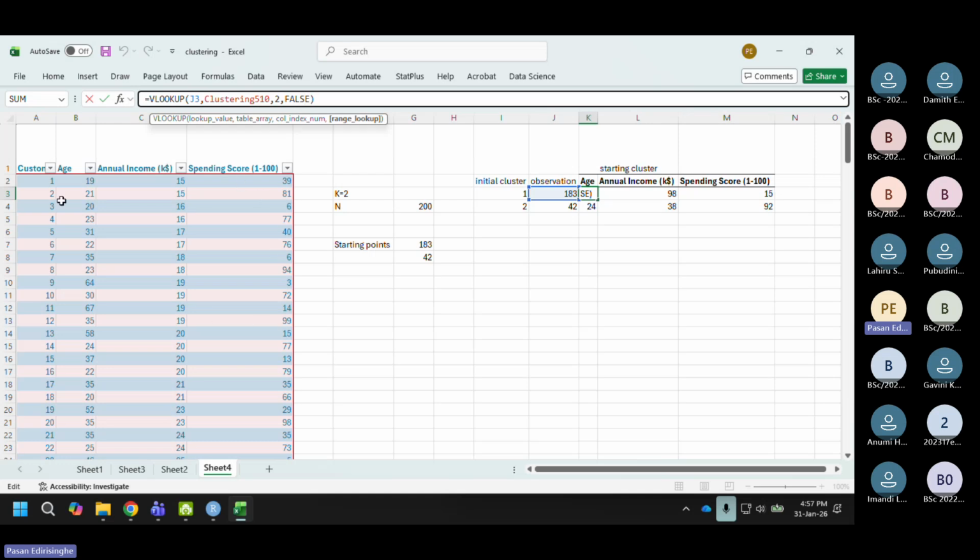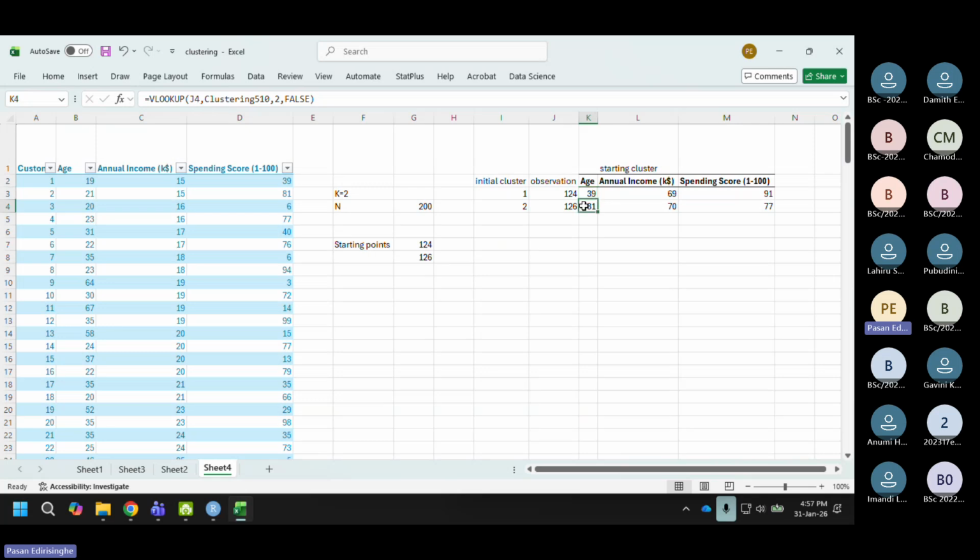So we did the entire column. We are looking at the entire column, so therefore we put it as false. We are just asking to look at the second column here, and then obtain that particular observation there, which is related to this number here. So that is looking at this column and then obtaining the number related to this one. So like that,